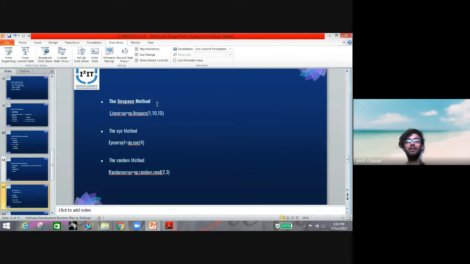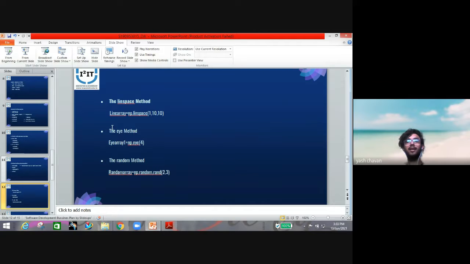The linspace method is used as line array is equal to np dot linspace 1 comma 10 comma 10. This 1 is the starting point and this 10 is the ending point, and this 10 is the number of linearly spaced points into which we can divide the range 1 to 10.